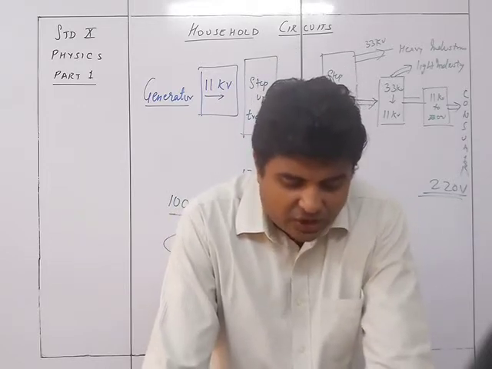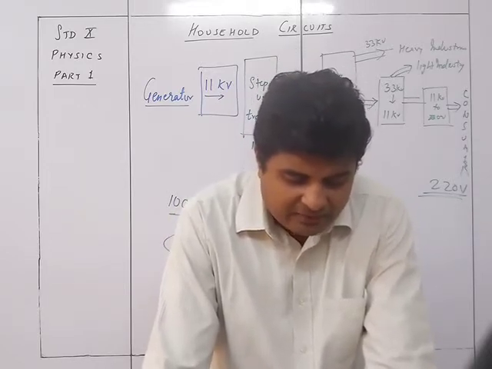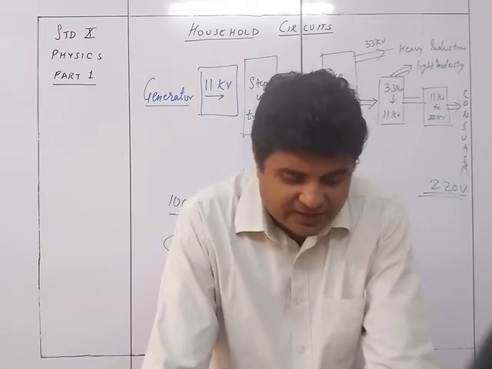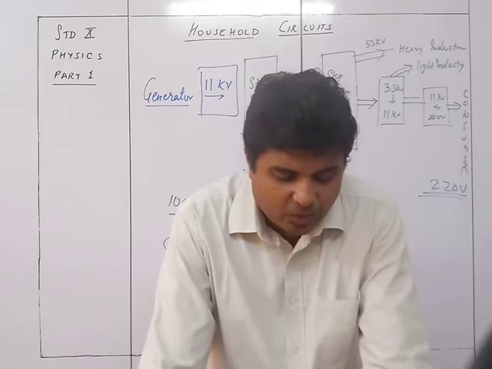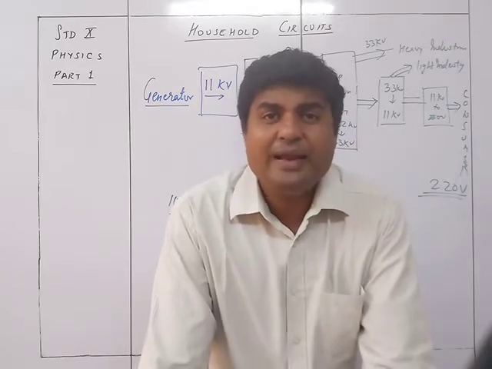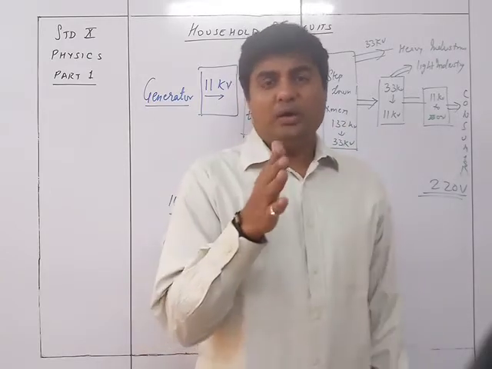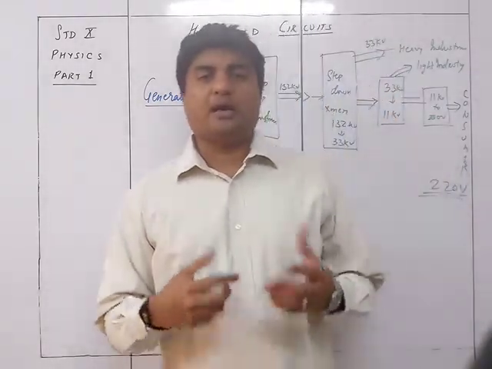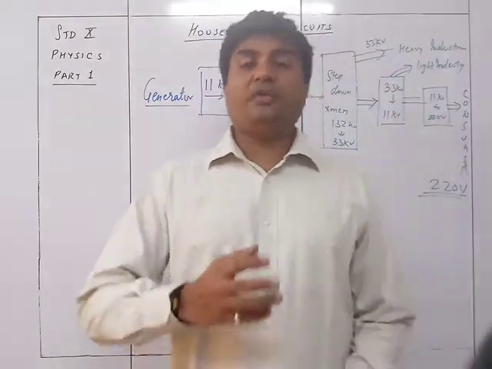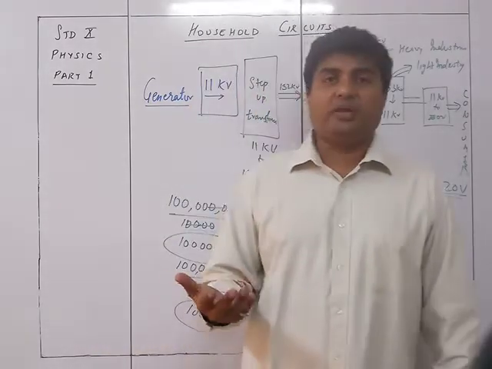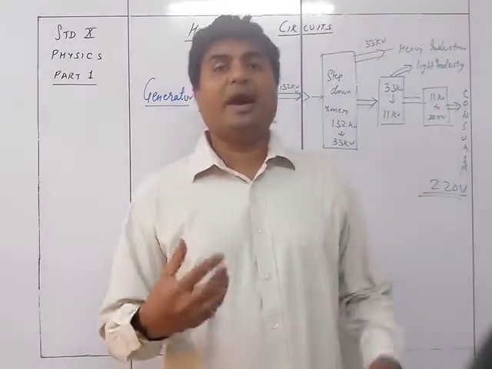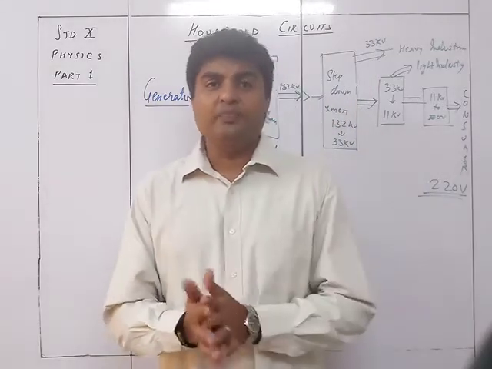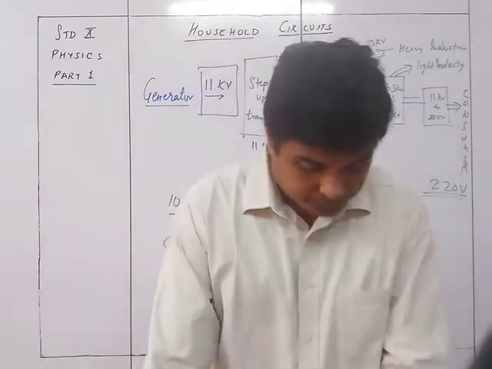Because the generation of voltage higher than 11 kV causes insulation difficulties, while generation at voltage lower than 11 kV involves a very high current. So 11 kV is an optimum value, जिसके नीचे अगर हम लोग ने generate करने की कोशिश की तो automatically current will be very high. And if you are generating it at more than 11 kV, then it will require higher insulation, and problems related to insulation will arise at that point.